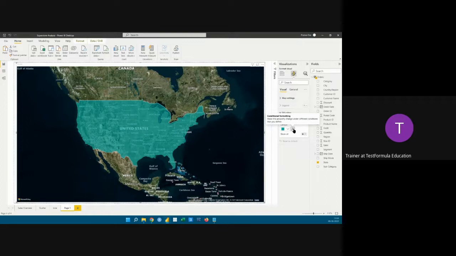What we want to do here is show all the states in different colors based on the sales that have happened. If it's a state that has seen a lot of sales, where numbers are high, it should probably be a darker or brighter color. If the sales are very low, then it should be a lighter color, or a different color. You can pick all of those things by clicking on this FX button next to the default color button. FX stands for function of. So click on this,